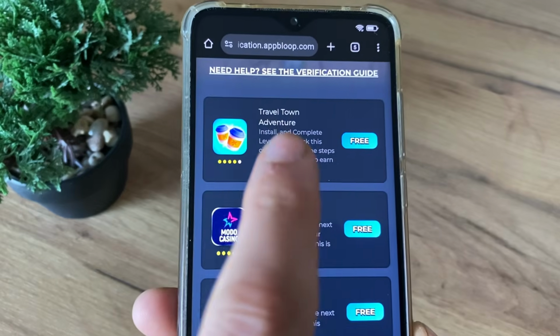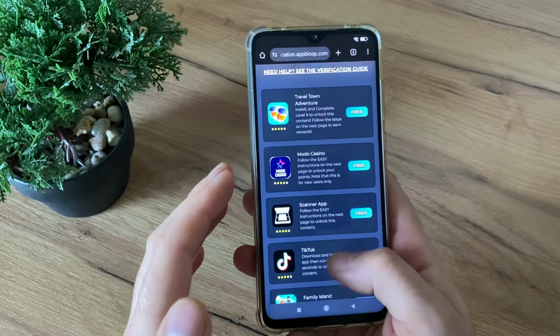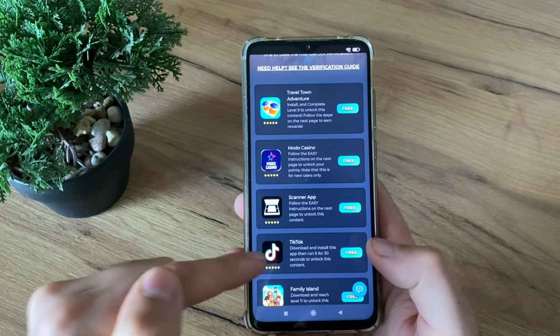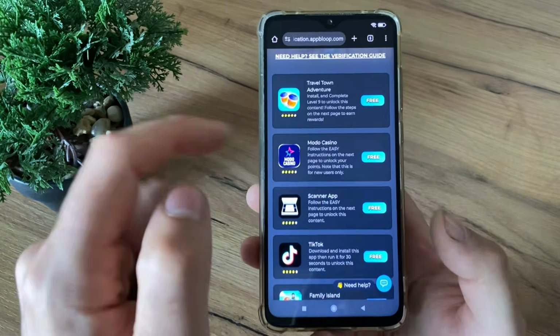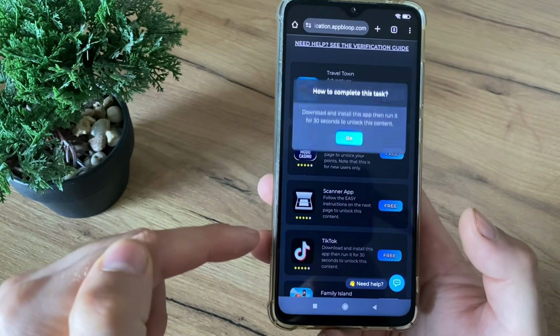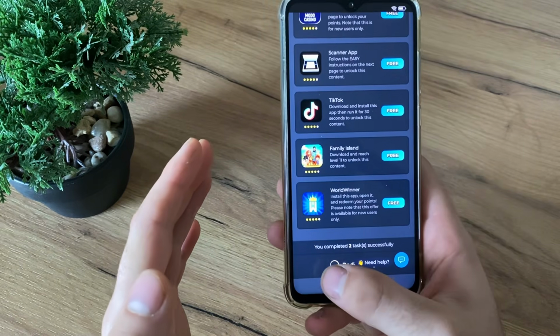Once downloaded, complete the task. Below each task you have a description of what you have to do. So guys, I will download Travel Town and TikTok, so I'll be back after I complete these 2 tasks. A few minutes later. Okay, guys, I have just completed this task and this task, and I got this message: